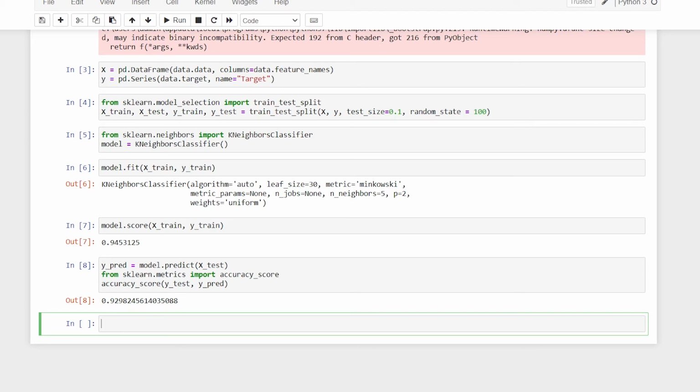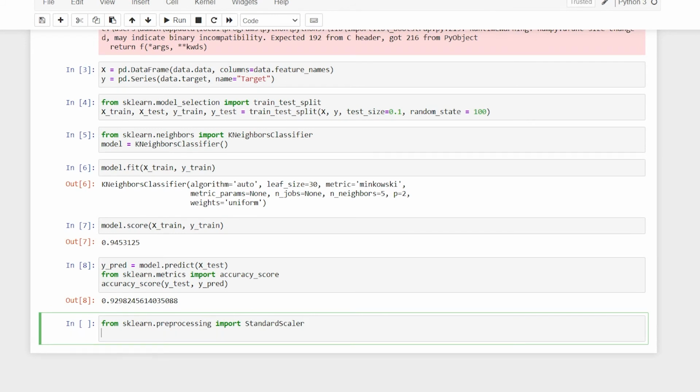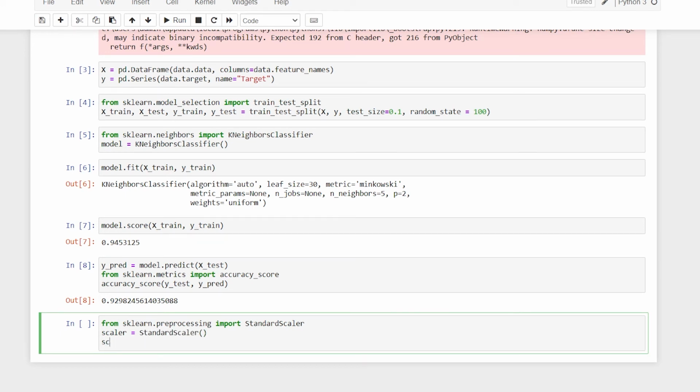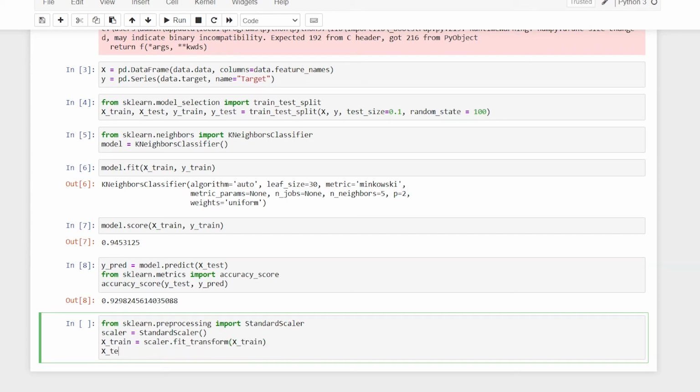Now we are going to apply the standardization. So from sklearn dot preprocessing, I'm going to import StandardScaler. I'll make a variable named scaler, and I'll say StandardScaler. Later on I'll take xtrain itself, and I'll say scaler dot fit transform. I'm going to feed it my xtrain. Similarly, I'll go with the xtest, using scaler. This is very straightforward. I don't think there is much more to explain in this. These are just the methods that you can come across.